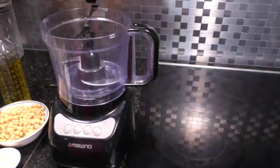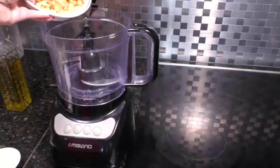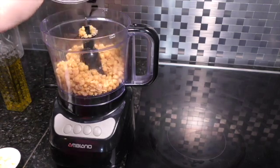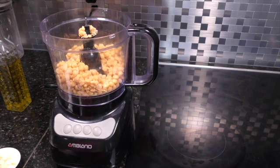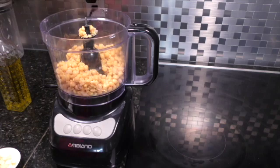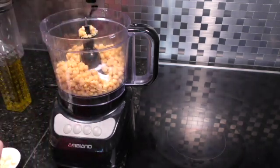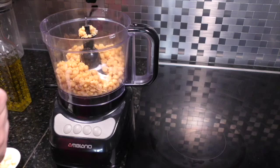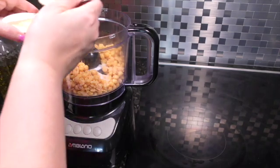Okay, now that the chickpeas are all cleaned, the skin is gone, I'm going to put them in this food processor. And then we're going to go ahead and put all these spices in. I'm going to start with a little bit of salt, about a teaspoon each, and then you can add more as you like. Some coriander, some garlic powder,